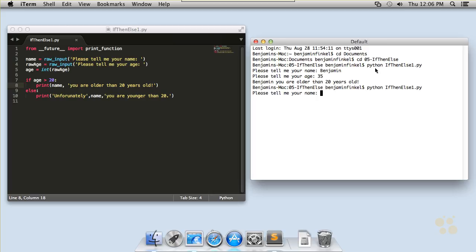If I go ahead and run it again, I'll type in my name again. And this time I'll lie and say I'm actually 19. It says, unfortunately, Benjamin, you are younger than 20. That means I'm not allowed in. Darn. Alright. Let's take a look at this quick little program and see how the if and else statement